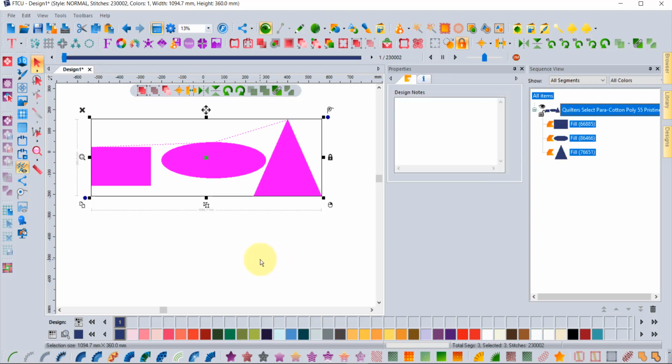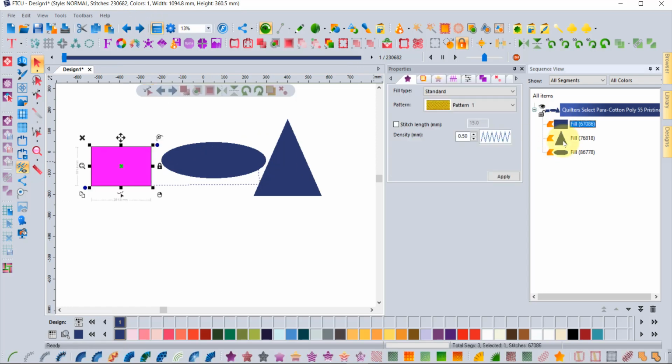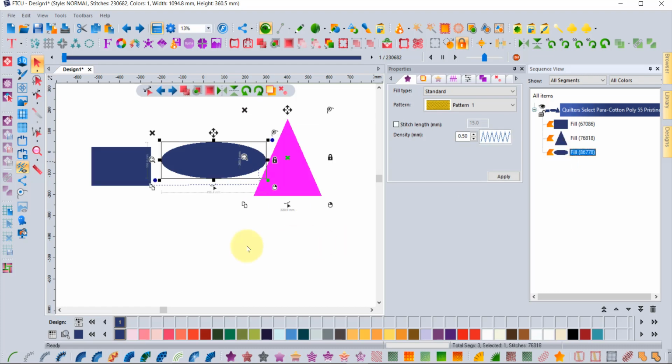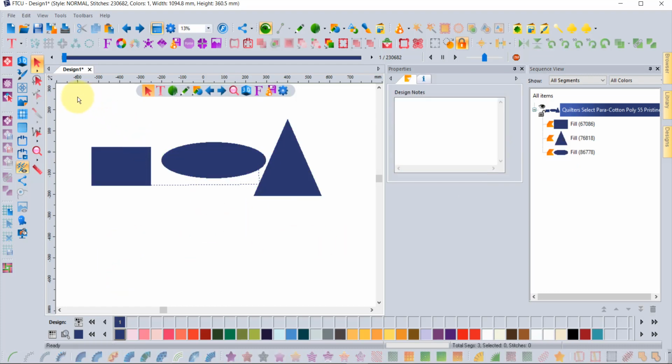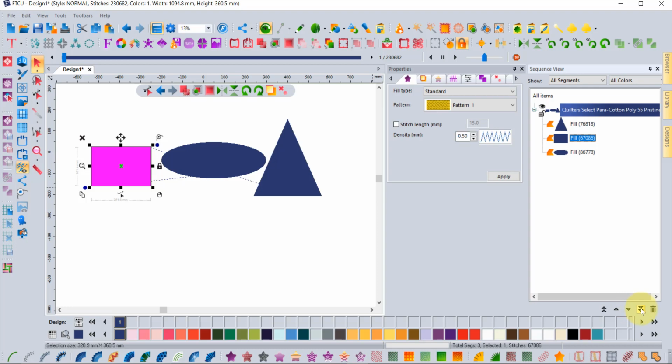So when you do this, let me try and explain the rationale. So when you use the tool, I hit undo. So now it goes back to the original, rectangle, then triangle, then ellipse. It's basing it on when I select three things, the first one. So in other words, let's try and rearrange them and do it again. So if I make the triangle be first and the square be last,